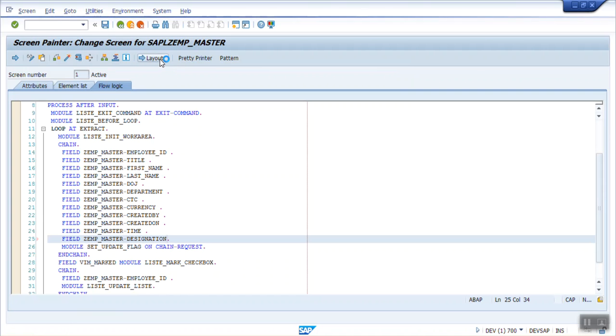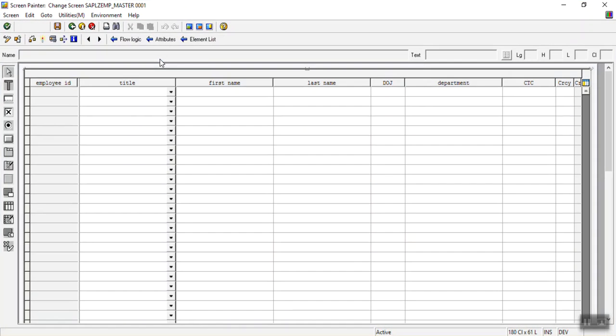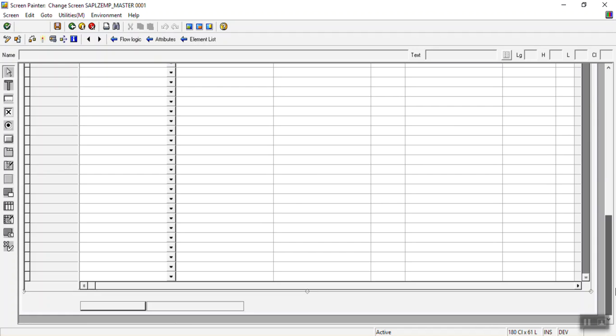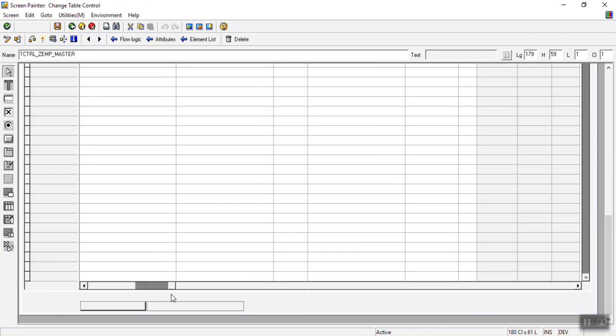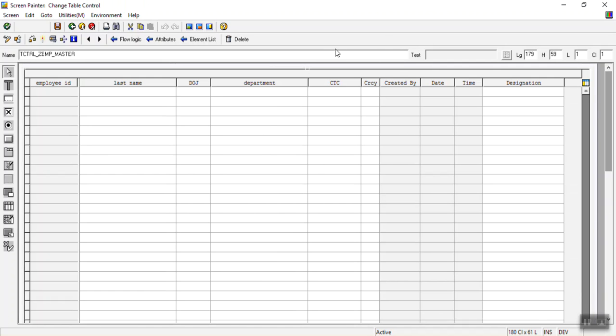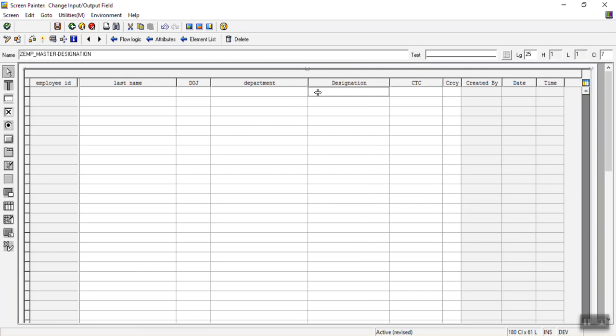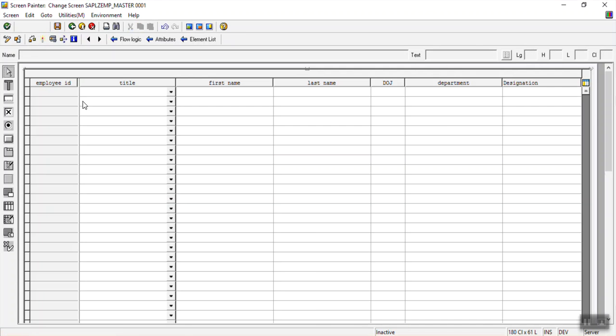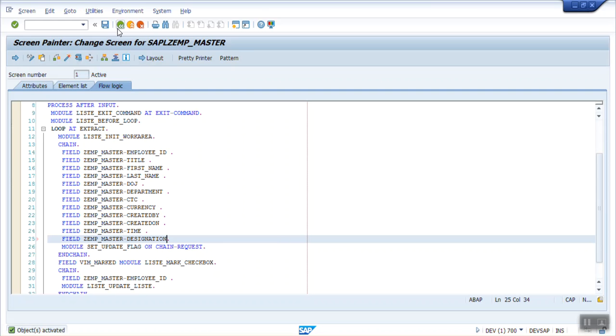So again go back to layout, and I want that field exactly after the department. So just drag and drop that field here. Save and activate. Close. Come out of this.